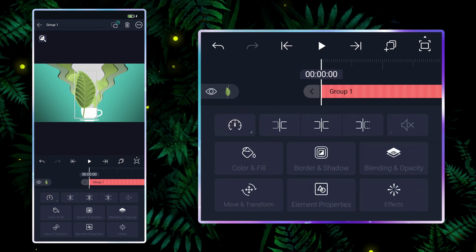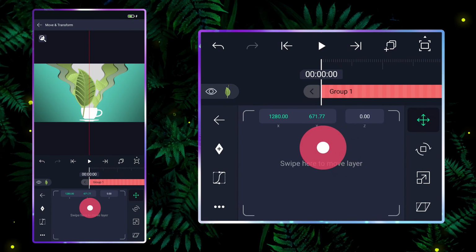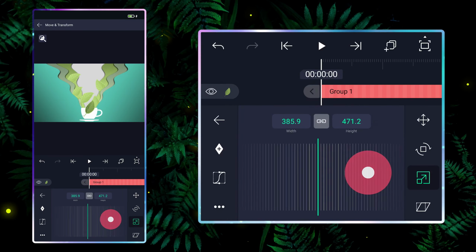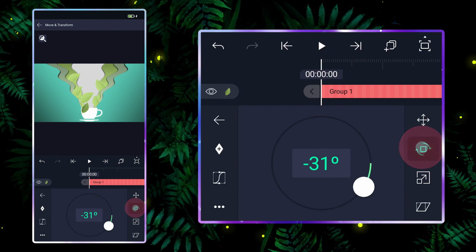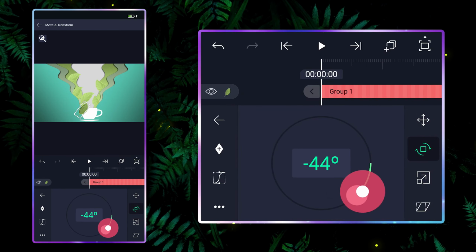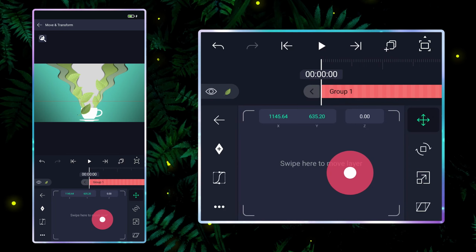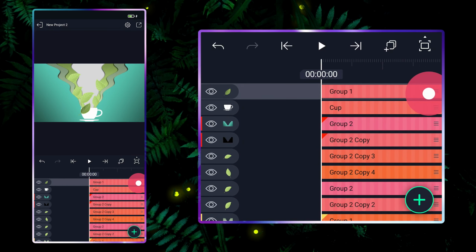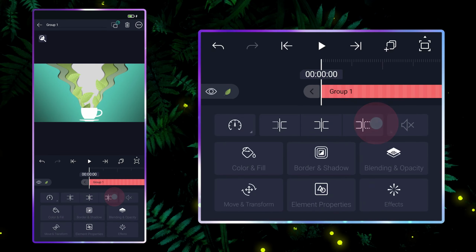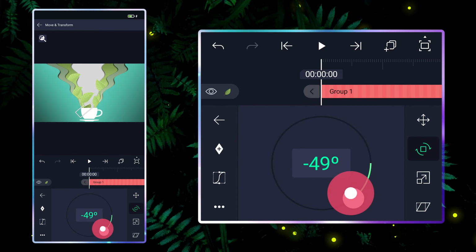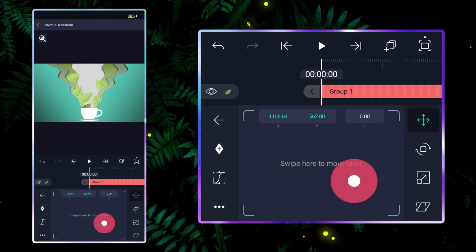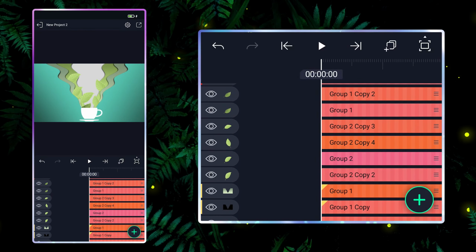By default, the mirror effect will flip any object horizontally. Also duplicate this element and scatter around different wave layers.